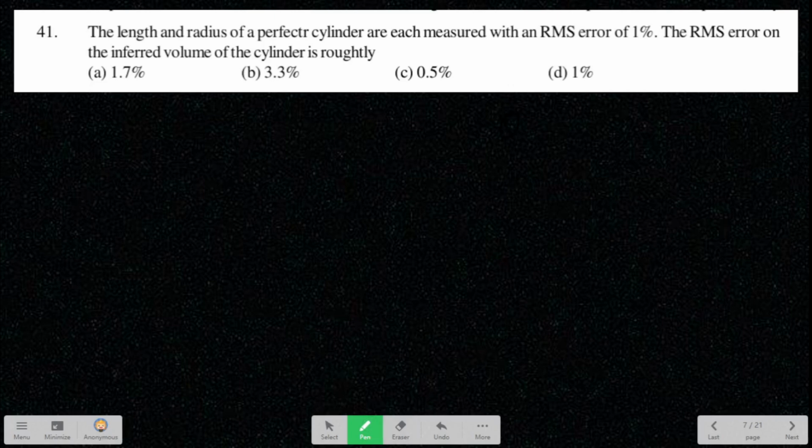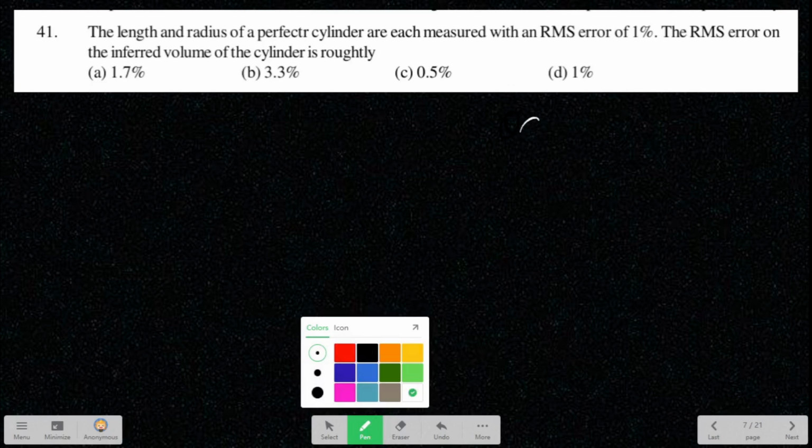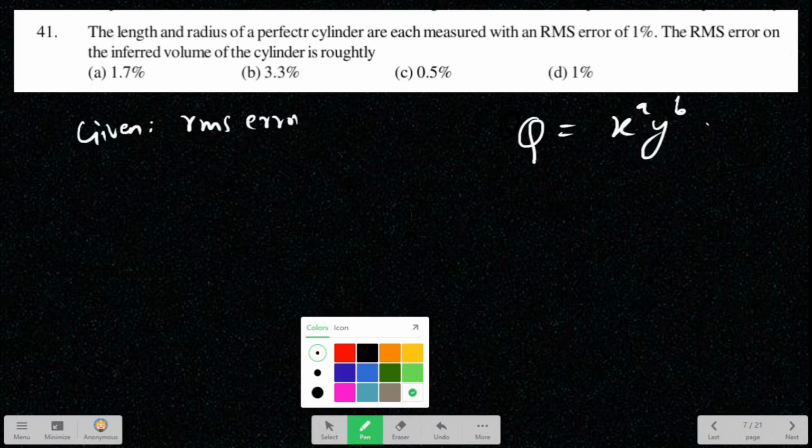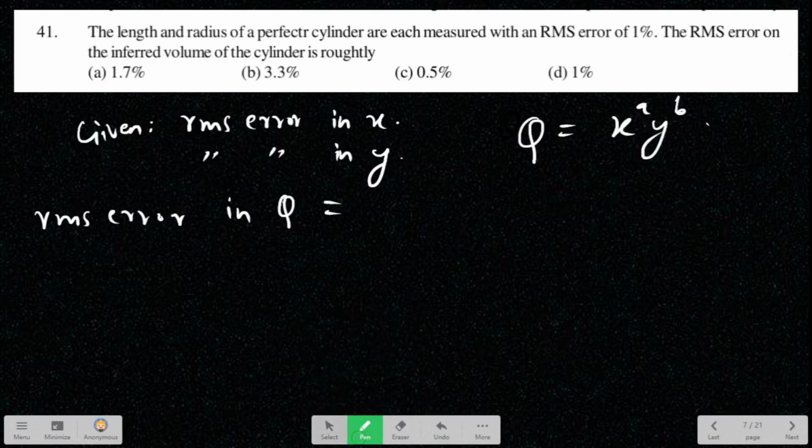If there is a quantity Q, which is equal to x raised to a y raised to b, and you are given the RMS error in x, RMS error in y, then RMS error in Q will be equal to